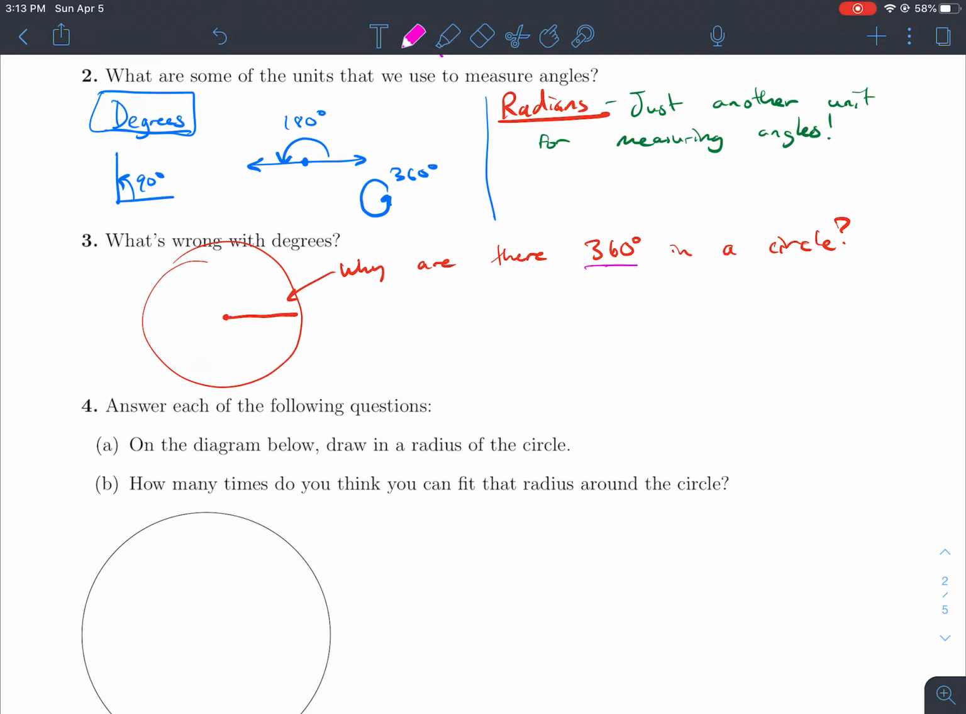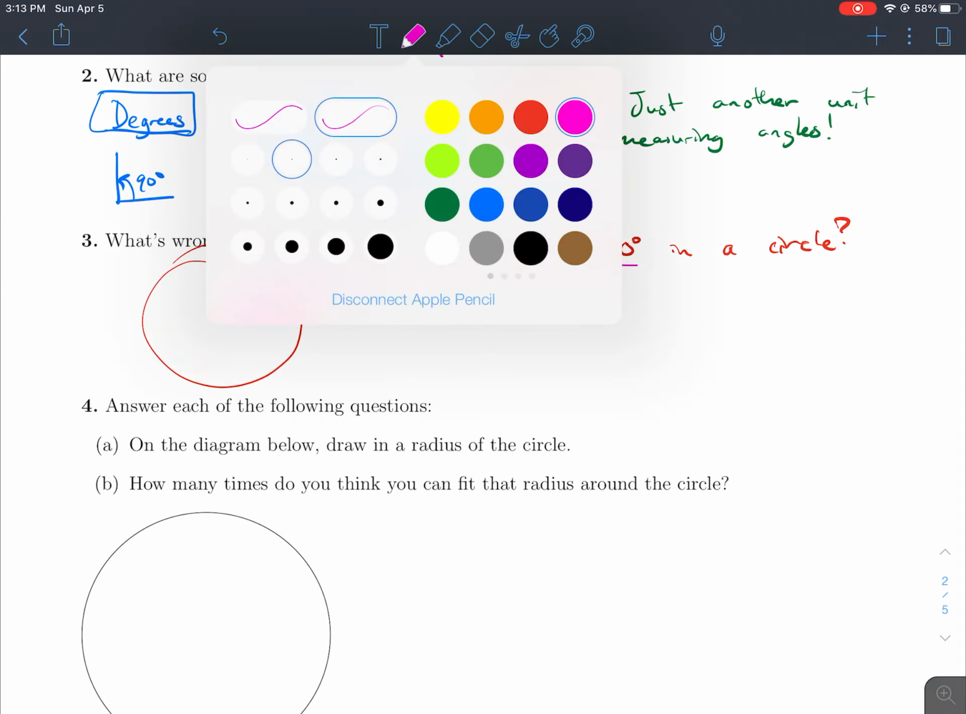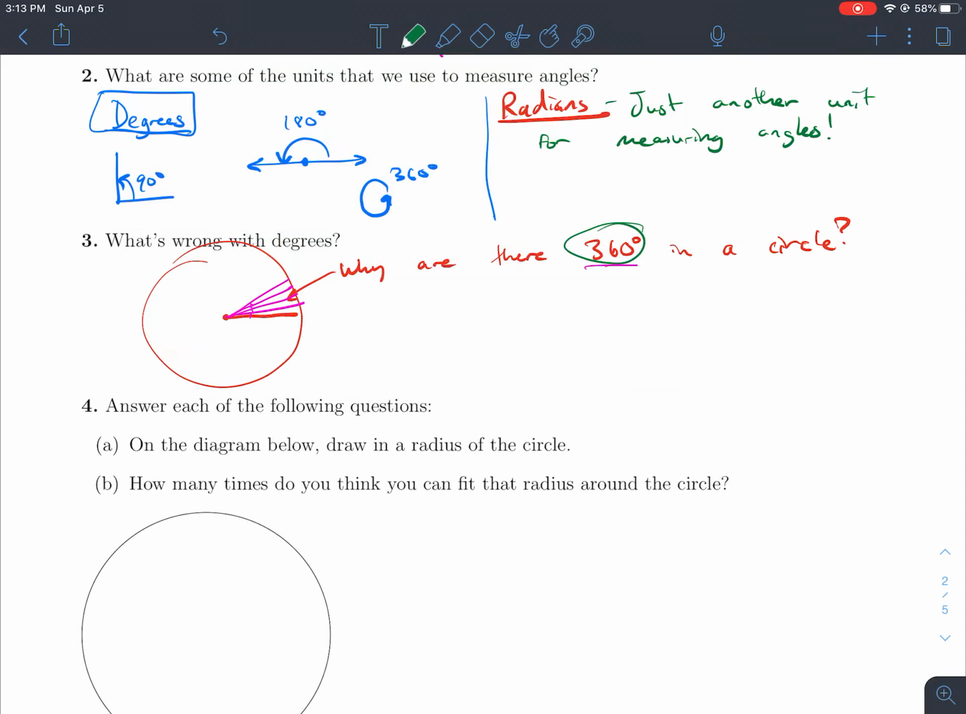But before we get there, just let's visualize it. There's 360 of these little degrees, each of these being a degree. I can't even draw a degree, it's so tiny. Why are there 360 of those in a circle? All right, so getting back to where I was starting. 360 degrees is really close to a number that has sort of natural significance. It's close to